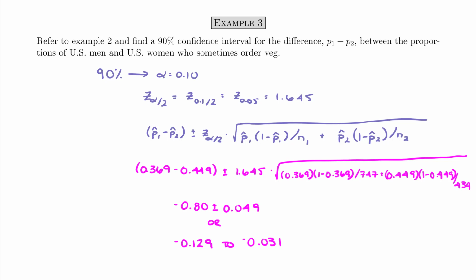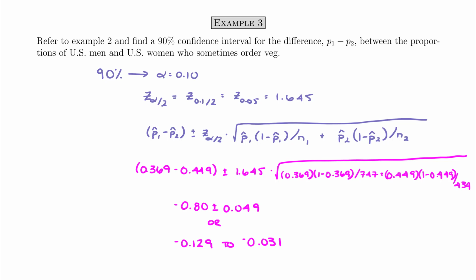And when we interpret that, what we're saying is that we can be 90% confident, that was our confidence interval, that in the United States, the difference between the proportion of men and women who sometimes order vegetarian meals is somewhere between negative 0.129 and negative 0.031. In other words, we can be 90% confident that the percentage of U.S. men who sometimes order vegetarian is less than the percentage of women who sometimes order vegetarian, somewhere between 3.1 and